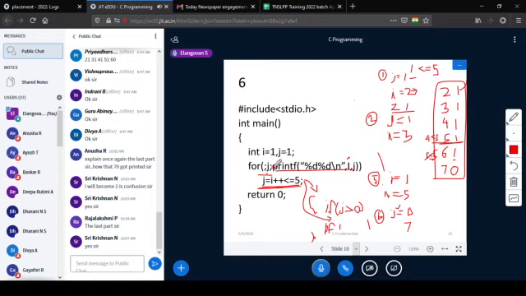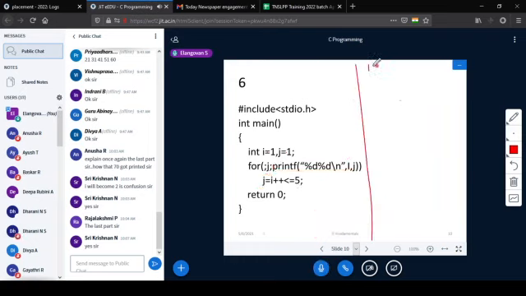First iteration, j is 1, initialized, right? So the j condition is satisfied, j becomes 1 and i becomes 2.